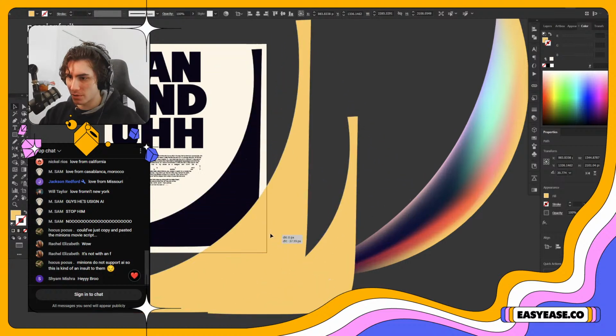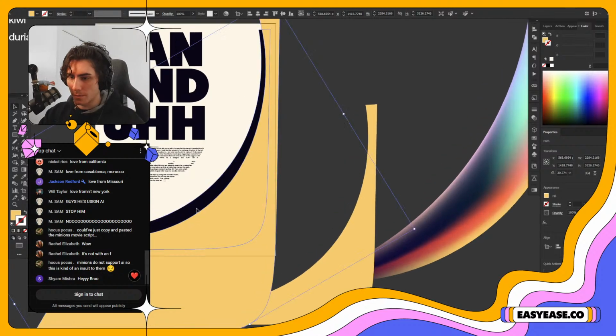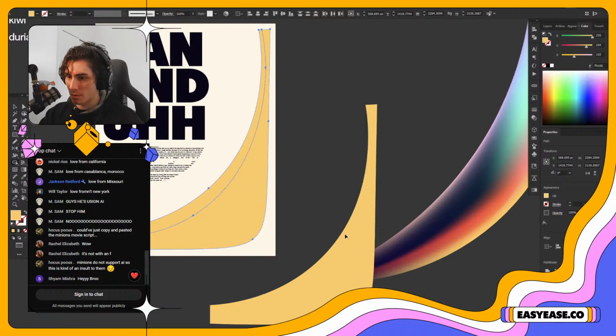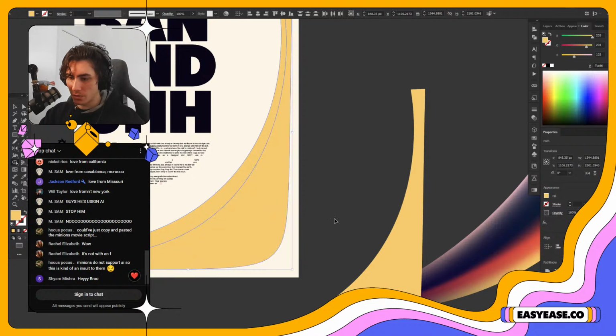It's very smart. Actually, I'm gonna need to edit this path just manually, probably. Okay. Now we have this shape. I'm gonna do it once more.